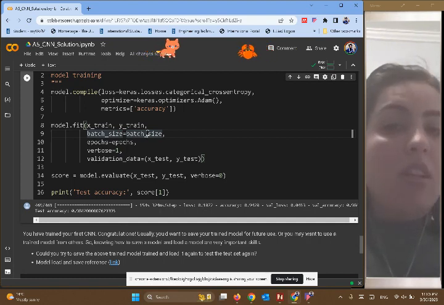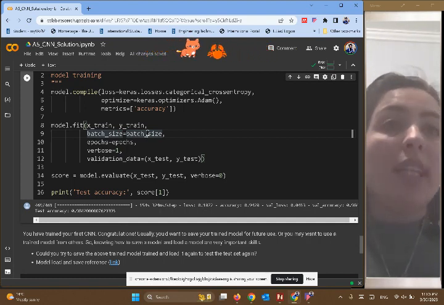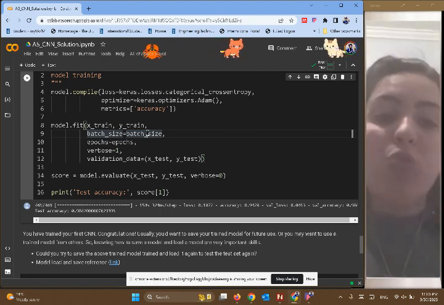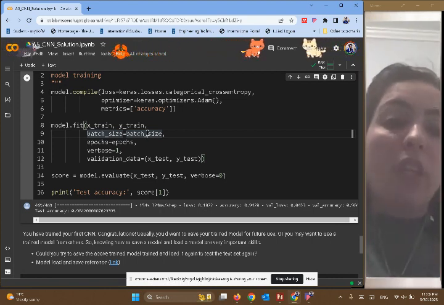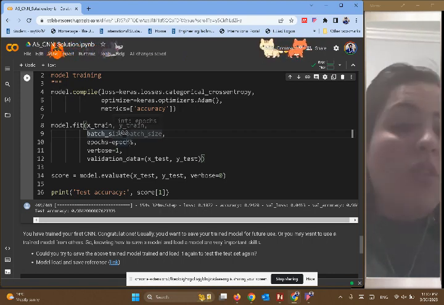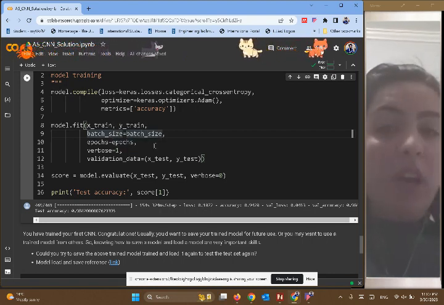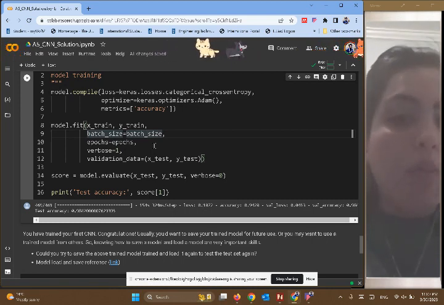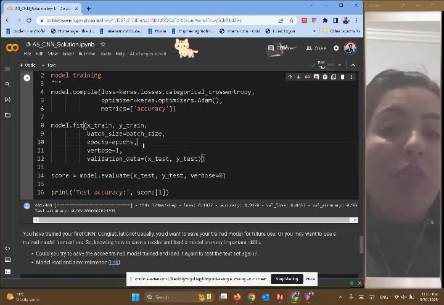Until it reaches the number of all the data samples, which in this case is 60,000. So 128 by 128 by 128 until we load all 60,000. This is called one epoch. And after loading all of these and applying the optimization, we go through what's called a feed forward,